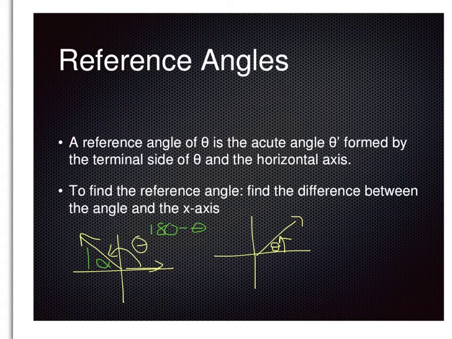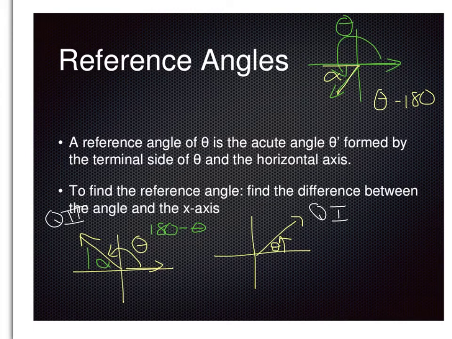Let's take a look at what happens when we're in quadrant 3. So here's quadrant 3. Again, your reference angle is the positive angle formed by the terminal side and the positive x-axis. So that's going to be in here. That big green thing is theta. Let's put alpha in here. This is alpha. So if I want to find alpha, I'm going to do theta minus 180 if we're in quadrant 3. And let's put a little memo here. Again, this is quadrant 1, this is quadrant 2, this is quadrant 3. If we're in quadrant 4,